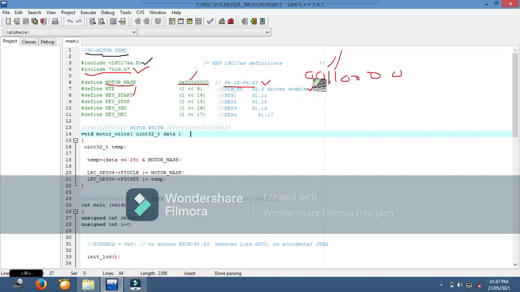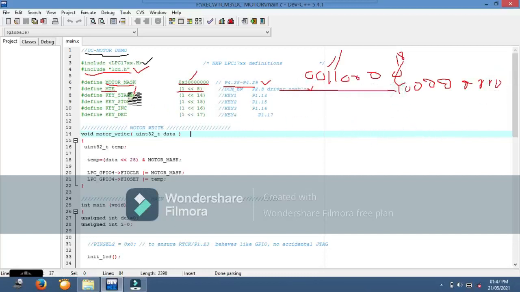There is one more constant we defined here, MTE. For MTE we take 1 shifted left by 8 times, which means the 8th bit will be 1 and all the remaining bits are 0.